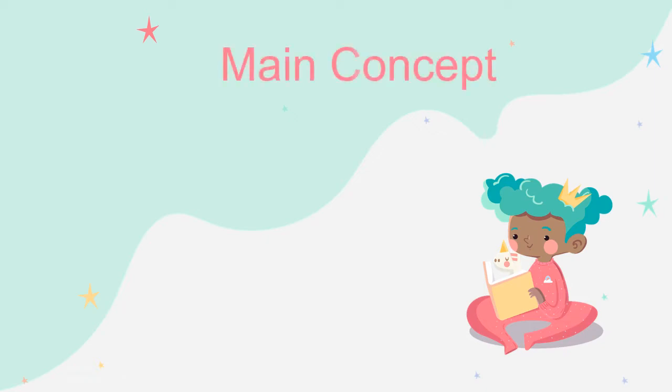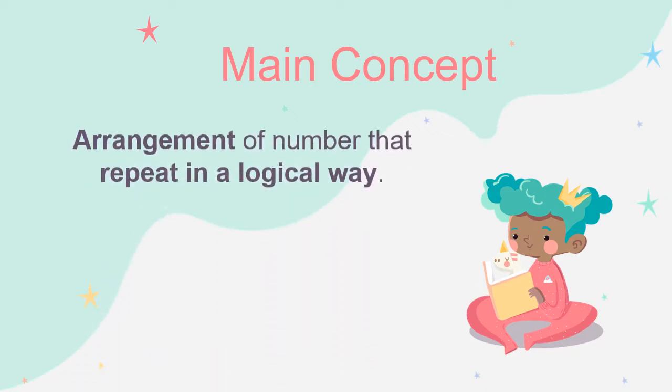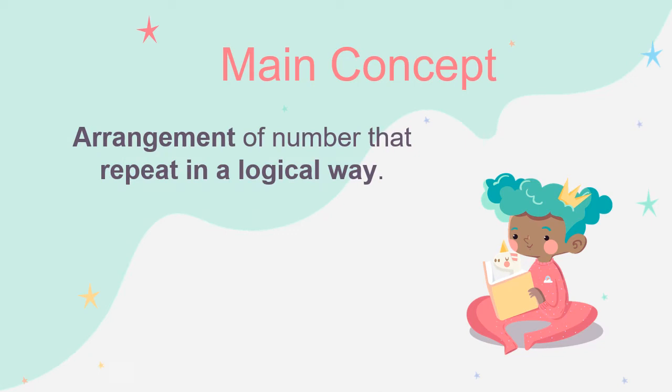First, we want to know the main concept. What is a number pattern? A number pattern is an arrangement of numbers that repeat in a logical way. So we arrange the numbers and the numbers repeat in a logical way. For example,